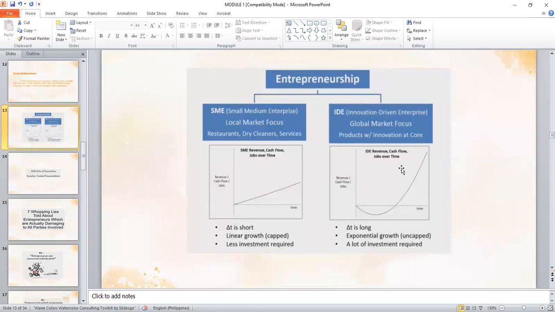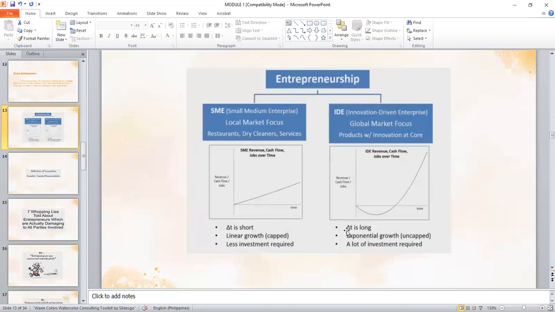Now, the focus of this innovation driven enterprise is the global market. If you're going to look at the advantage of one over the other, it may look like the small, medium enterprises have a linear increase over time in their profit, and there seems to be growth even if it's small. So if you're not that ambitious, you would go for the small business enterprise. And probably when you have already earned your niche in the market, you can venture into something bigger. Why? Because this is really given already to you that you will earn,